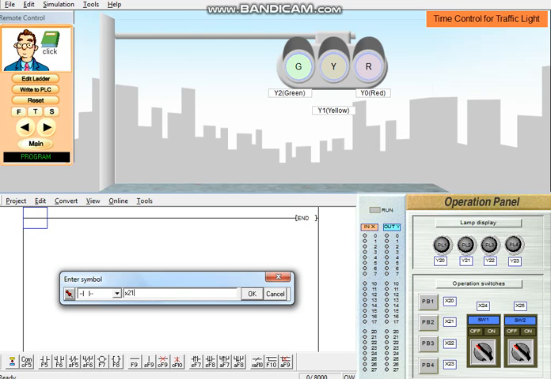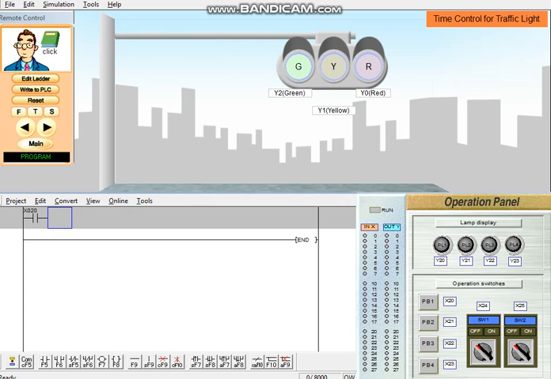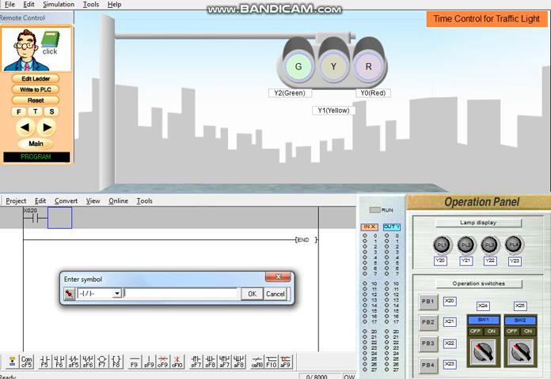So we will address to X20, X20, and for your reset we address that to X21.